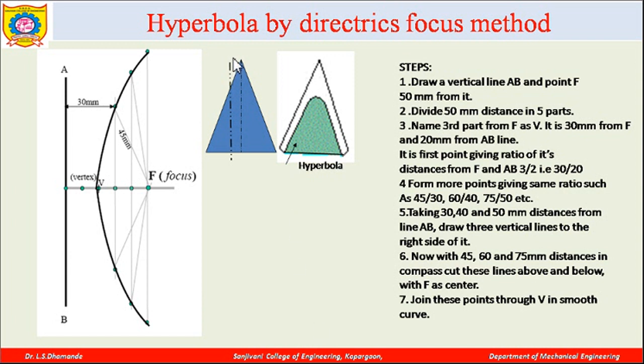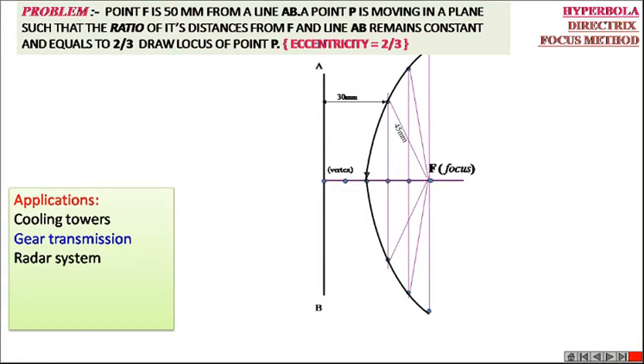So we know that a hyperbola is the one in which we cut the conic section such that the cutting plane is parallel to the axis of the cone and it is passing just away from the axis of the cone. So you will get a hyperbola like this. Now how can I draw the construction of it, that we are going to discuss over here. And also we are going to discuss the applications of this.